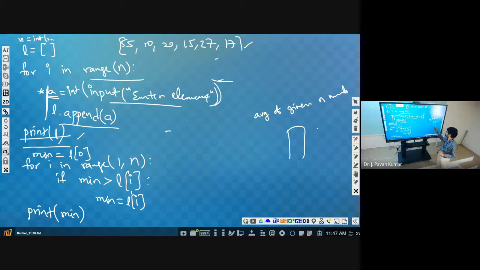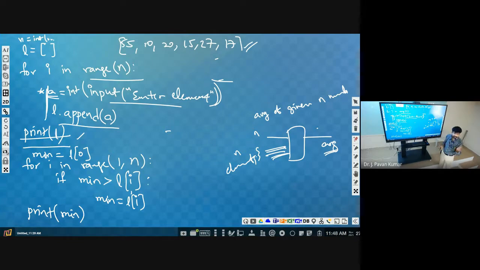So, what is the input for this program? First of all, n we have to take. Then n elements, isn't it? Then the output will be average. Only one output, that is average. So how can we find? Suppose this is the input. Okay, some 6 elements I will be entering. Then we have to find the average. How can we find? First of all, we have to find the sum.